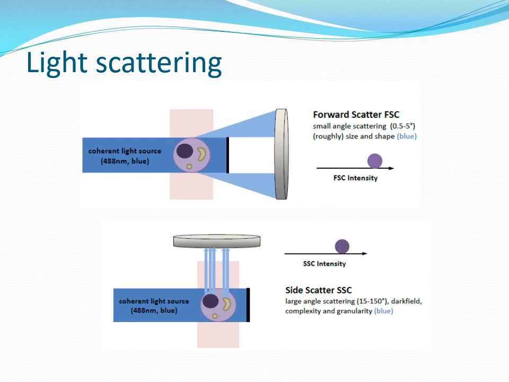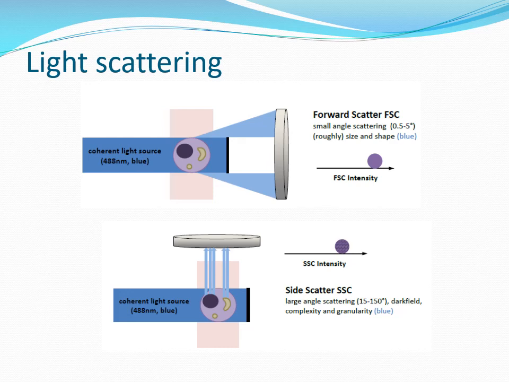Now, the light which is scattered in other directions, that is, not in the forward direction, comes in contact with the side scatter detectors, which are placed at a right angle, that is, at an angle of 90° from the laser path. Thus, one of these detectors, which is in line with the light beam, is used to measure the forward scatter, whereas a series of another type of detectors, which are placed perpendicular to the stream,